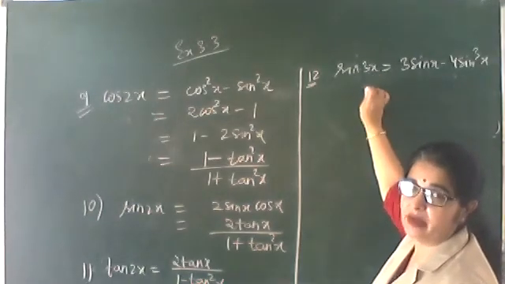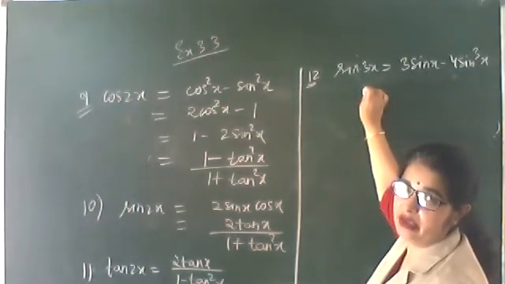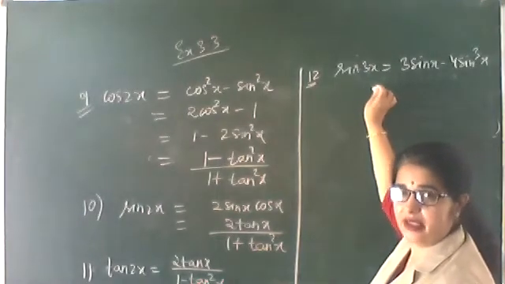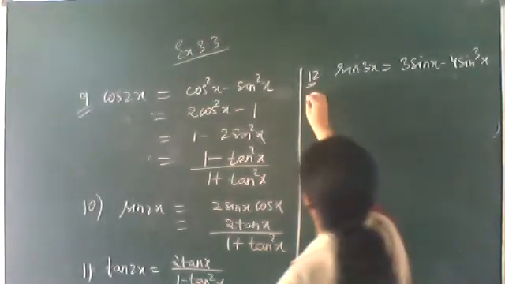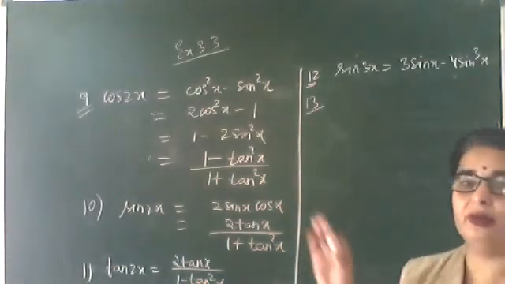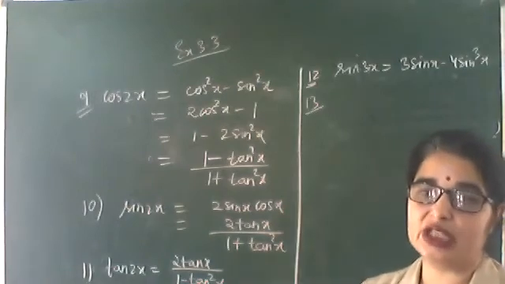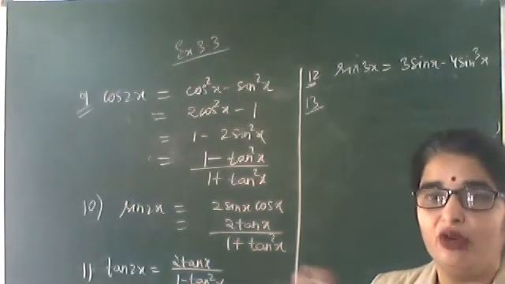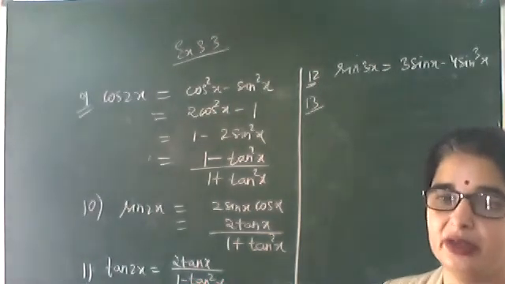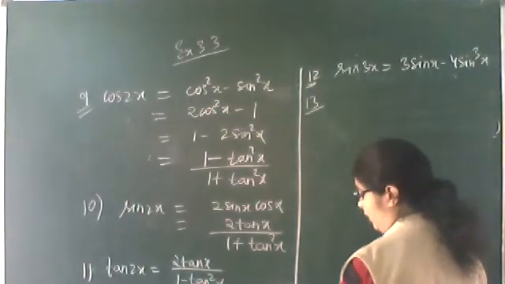What is sin of 2x plus x? Sin a plus b form. You know the formula of sin a plus b, sin a cos b plus cos a sin b. So with that also you can find it, but I told you, from 2-3 formulas you can get all the 22 formulas. But in every question these all things will be used, so you don't have to derive each and everything. Clear? So these 22 formulas should be on your tips. So sin 3x is what? 3 sin x minus 4 sin cube x.